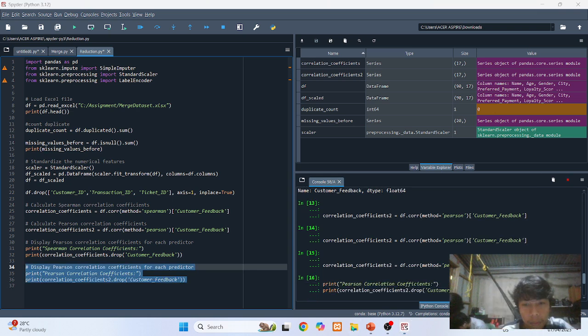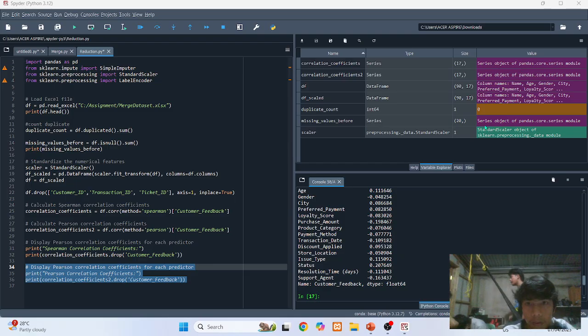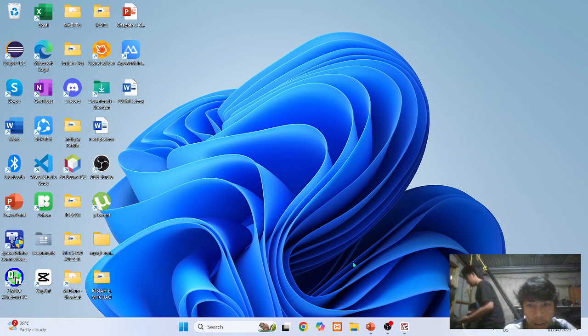I have prepared MS Word for this. As you can see, first let's close this Spyder since it's not performing.